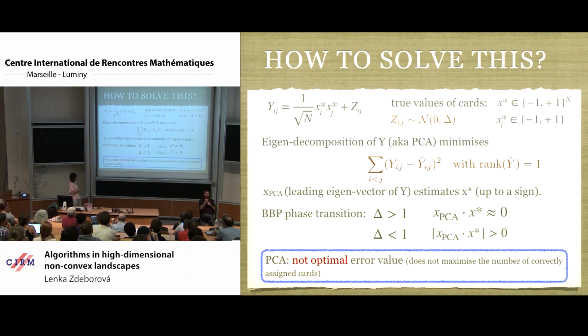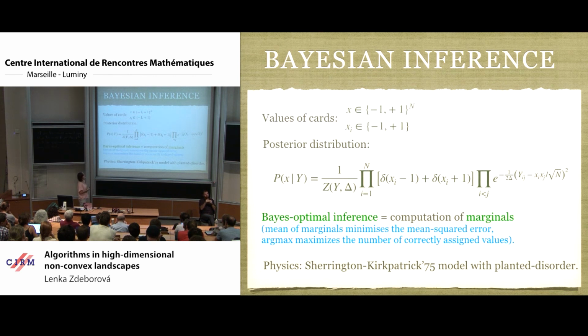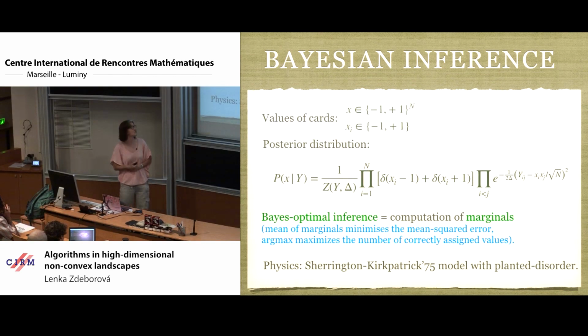So this is nice, but I like to play this game of having an optimal algorithm. And this algorithm is not optimal in the sense that it's not splitting the group in such a way that the number of correctly assigned people is optimal. Okay? So this one is suboptimal. So what is the optimal algorithm to solve this problem? This we know very well. That's based on Bayesian inference. And what you need to do is the following. You still assign the cards the plus minus ones, and you write what we call the posterior distribution of what the cards were given what we observed.